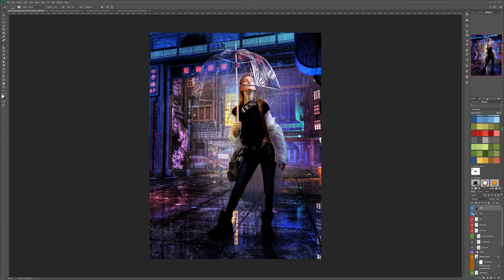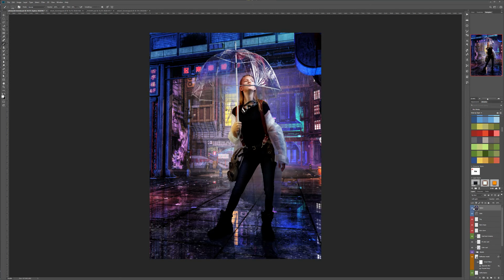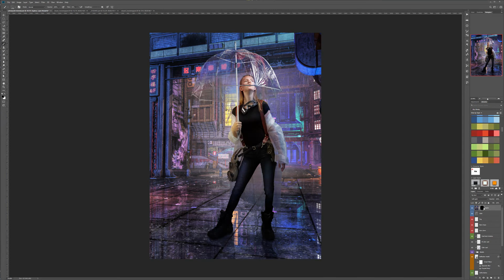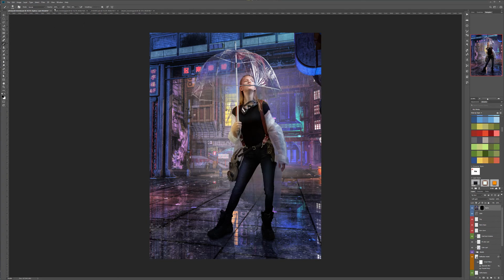Notice how much we change now. It adds nice saturated color to this. Again, this is too bright for me. I'll hold down the Alt key, Option key, and click on the mask. It will create a black mask, so hiding everything. We'll have our brush selected, soft round, set opacity to 10%, and we can start painting in some of those glow elements. Mostly I want to paint them around neon lights,